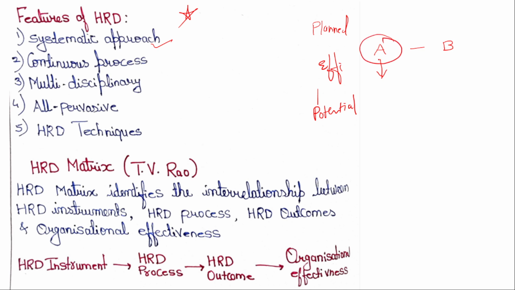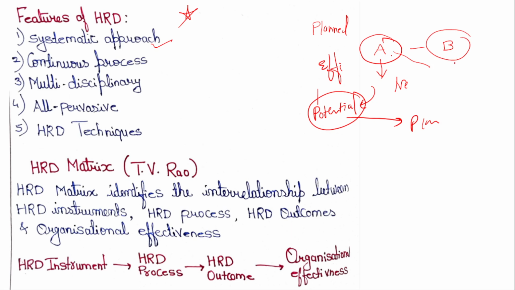So, A, when he has the potential to perform better, how would you understand that the person has potential? By analysis, by performance appraisal, by understanding his current need, his current performances. And this is a systematic process where you first analyze the need, you first understand the current potential. After finding out the potential, you accordingly plan the process for this person. You accordingly design the training program for this person.